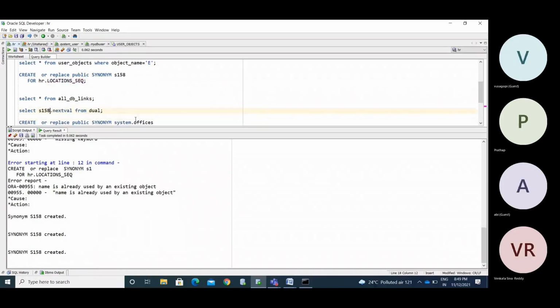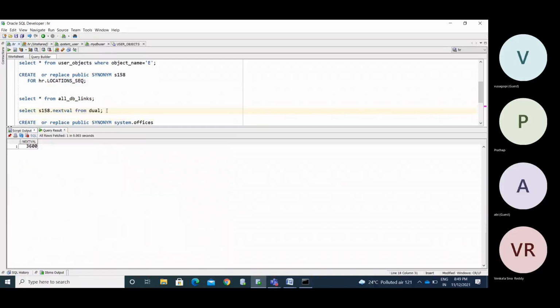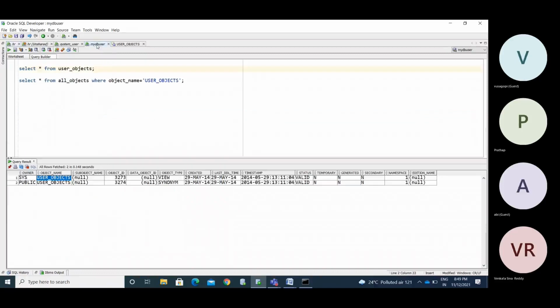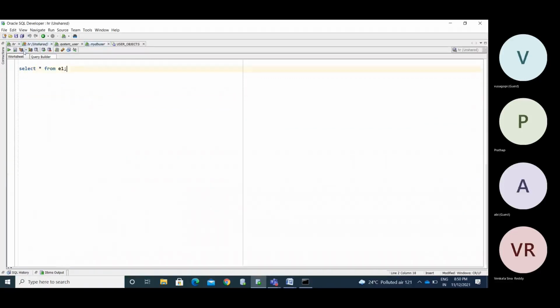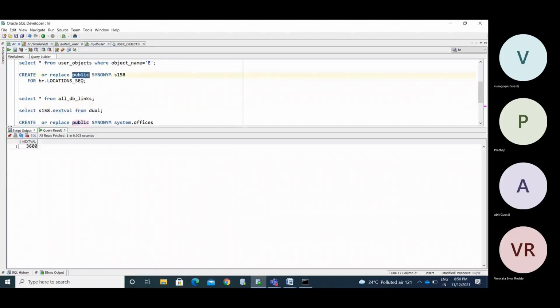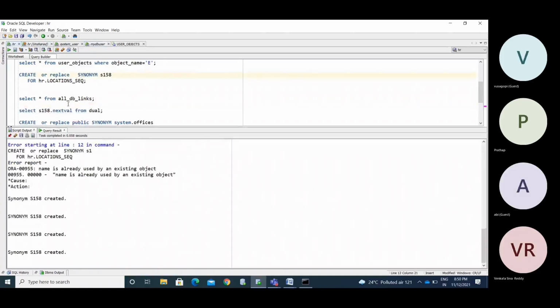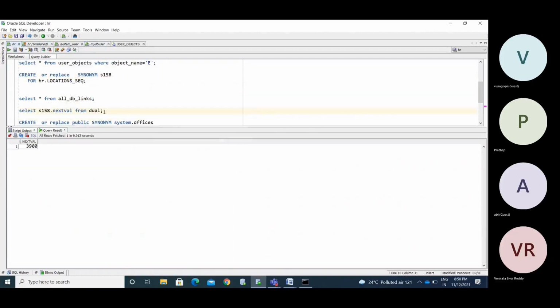Now I am calling this from the HR user and I am getting the data. Again I am calling from the DB user and getting the data. Now I am making it a private synonym, and I am getting the data.